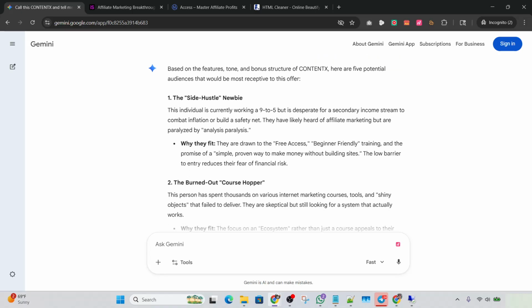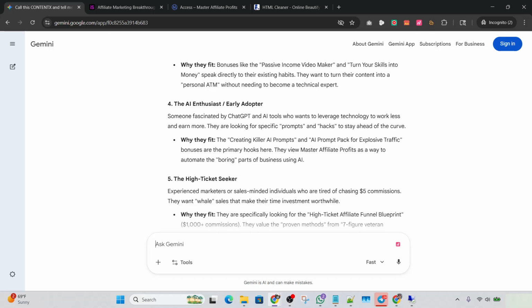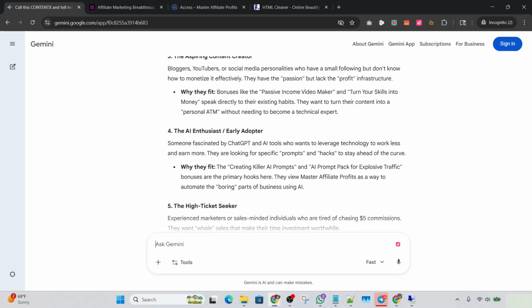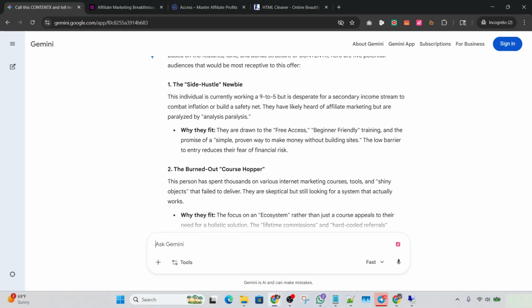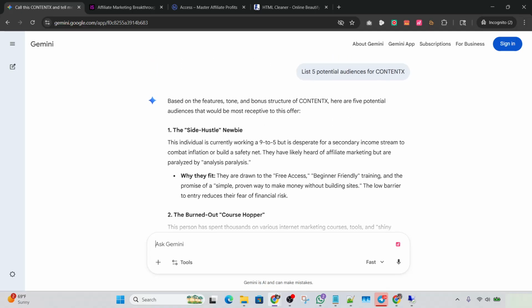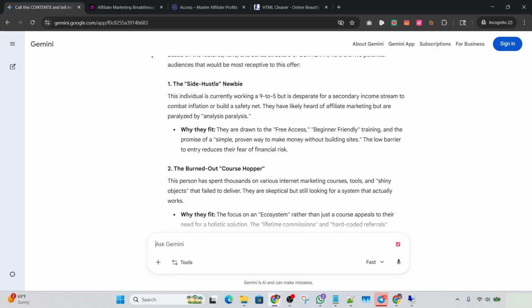And so here's content X, the different types of people, audiences that you can attract. I would say take a look at this, and you could go ahead and pick one, or you could score it. So let me just show you this.